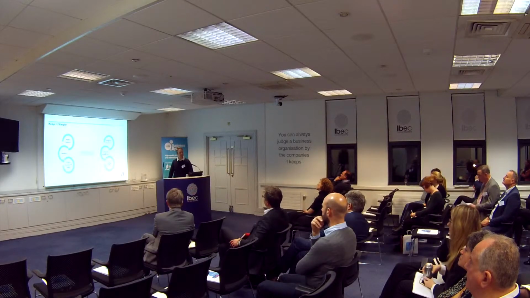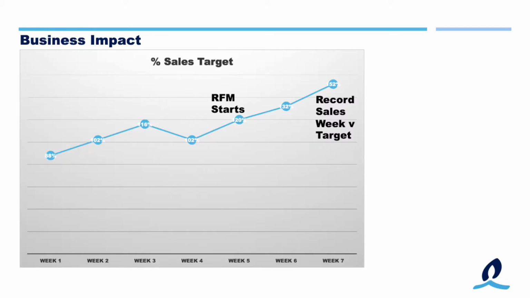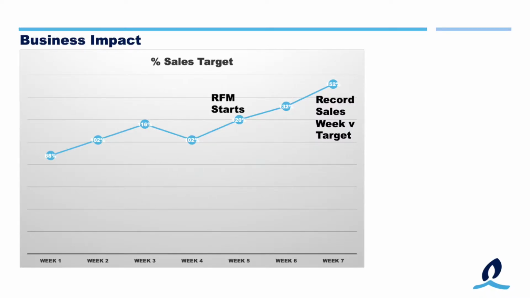So what effect did this have on the business? Typically what we see at the beginning of any monthly cycle is the agents start off a little slow. They might come in at about 90% of target. And as the month goes on, they start performing a bit harder, try and hit that month-end target, which their commissions are based on. And then once they hit it, we'll see there in week 4, they drop off a little again. They know they've hit this month. On week 5,